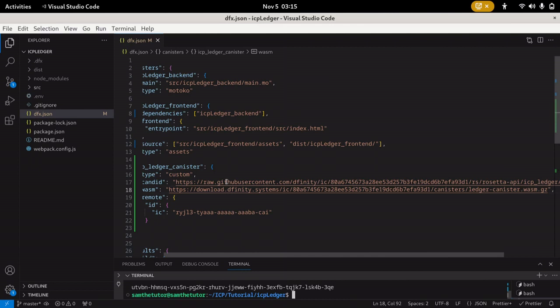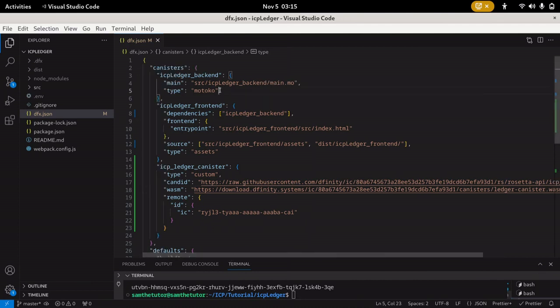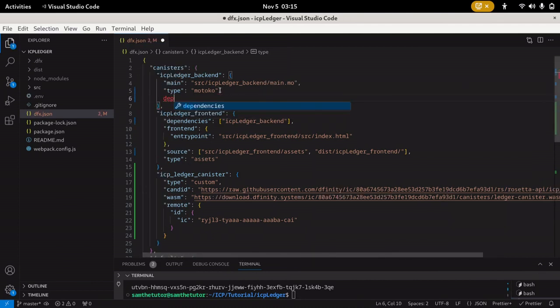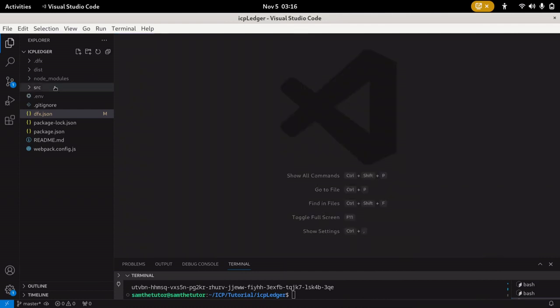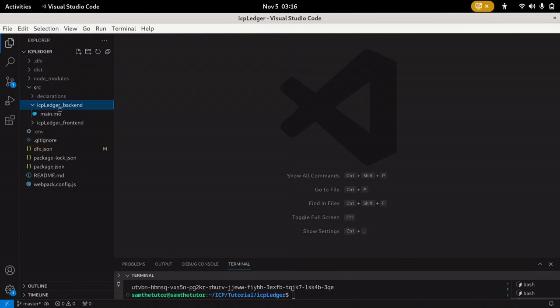And the way you do that is come on the backend canister and then specify the dependencies and just put ICP Ledger canister, and this will remove any errors when we are importing the ICP Ledger in our backend code. And so it's now time to write the backend code, and I'll close this, click on source, ICP Ledger, then